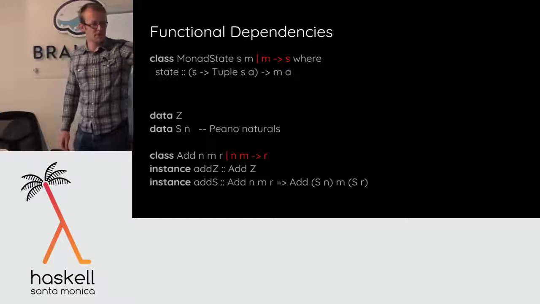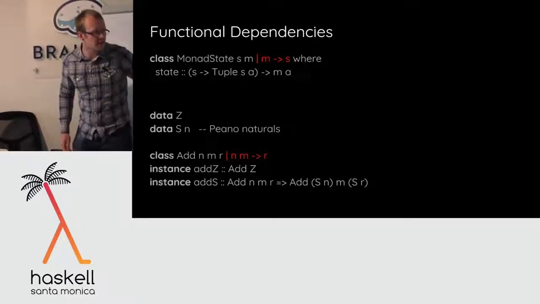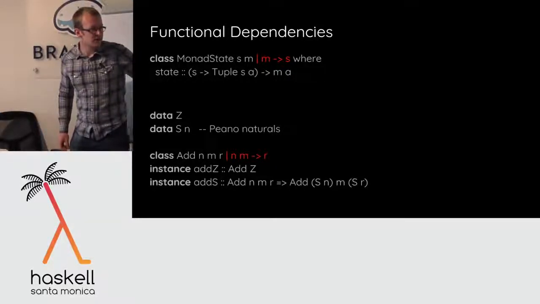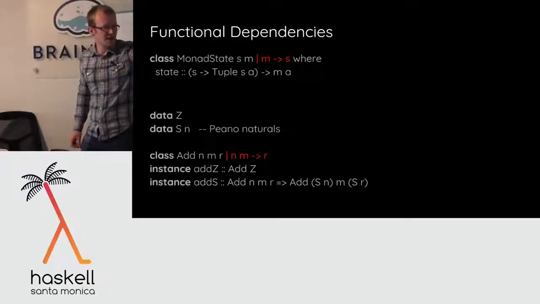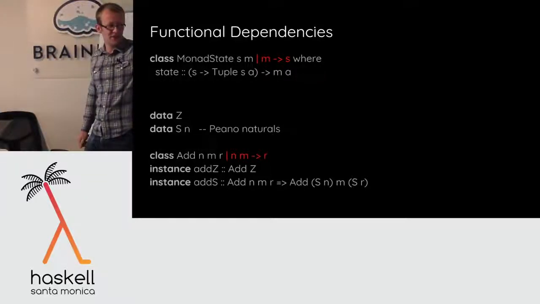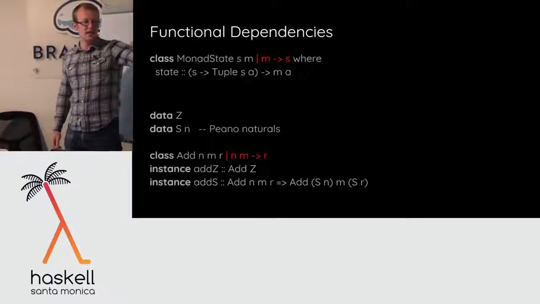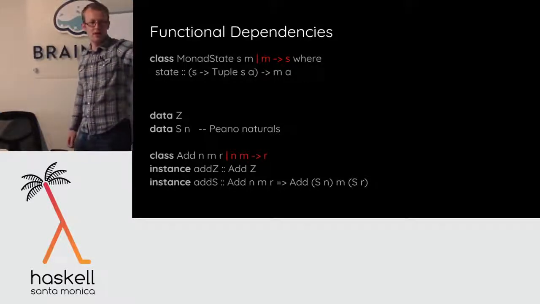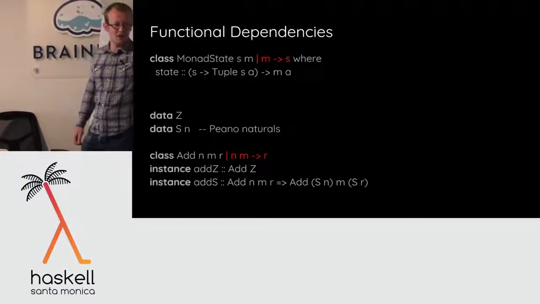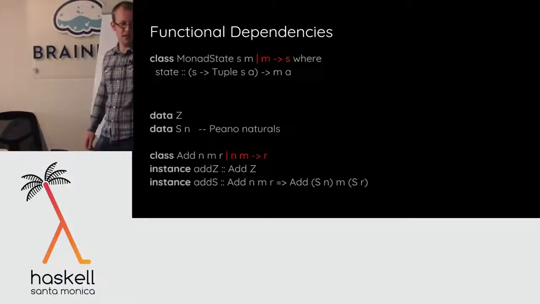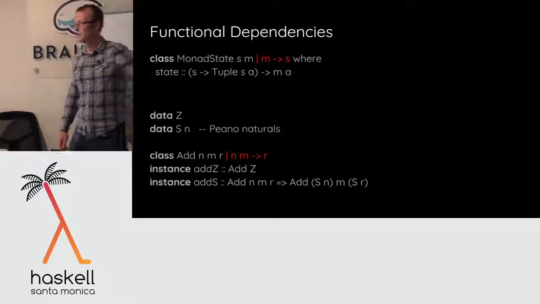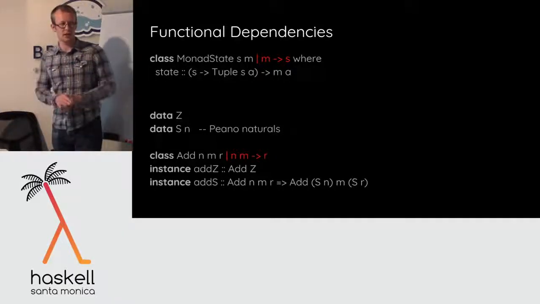So to implement this, I could say, oh, looks like I actually didn't quite finish this. This should say, if I add 0 to any n, I get n. And if I add a successor of m, then I get the successor of what I would have gotten if I'd just added n. So if n plus m is r, then 1 plus n plus m is 1 plus r. Okay, so we can just build it up inductively on the left argument.